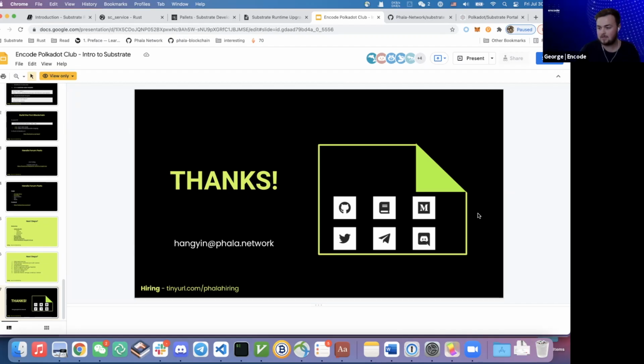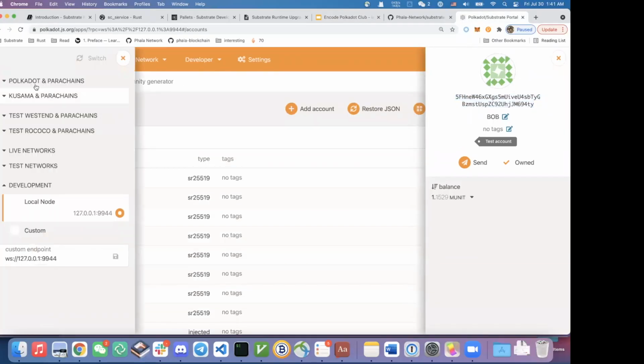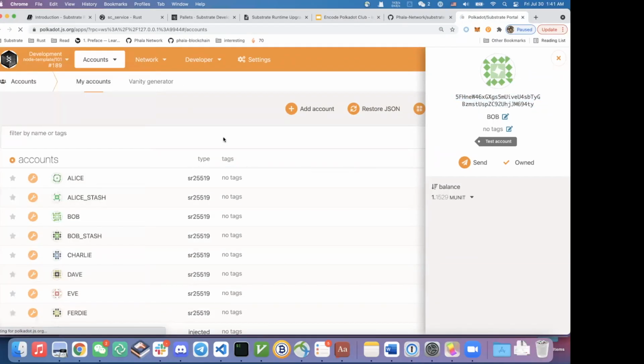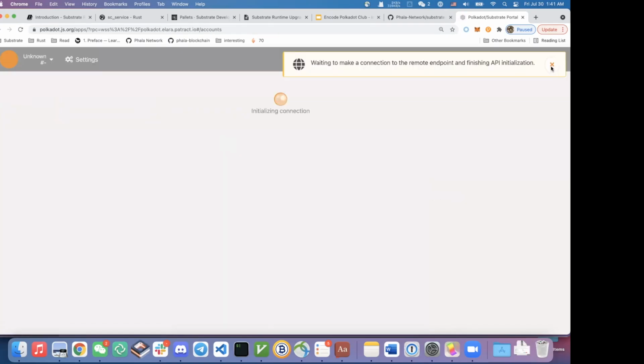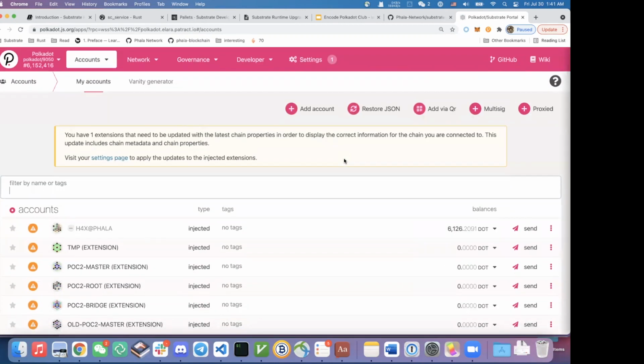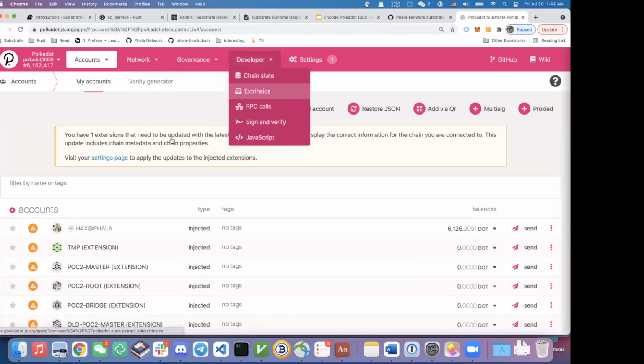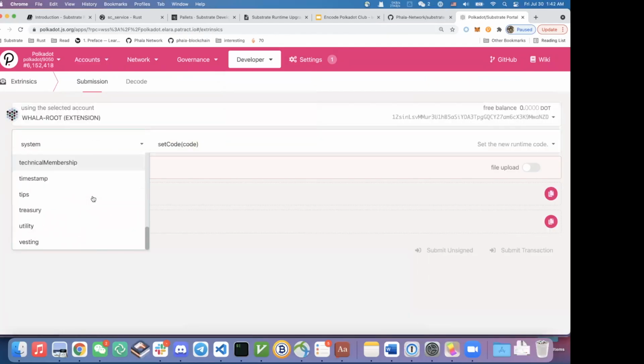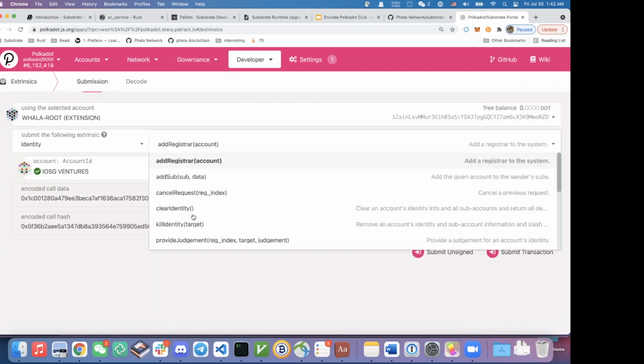We also have a question from Skylar who asks, how does identity work on Polkadot? Good question. I think I can just show you something on Polkadot. By identity, I think what you mean is not just the wallet, because wallets are everywhere. Bitcoin and Ethereum all have wallets. But on Polkadot, there is actually a pallet called identity. So here you can see the name is identity, and it offers